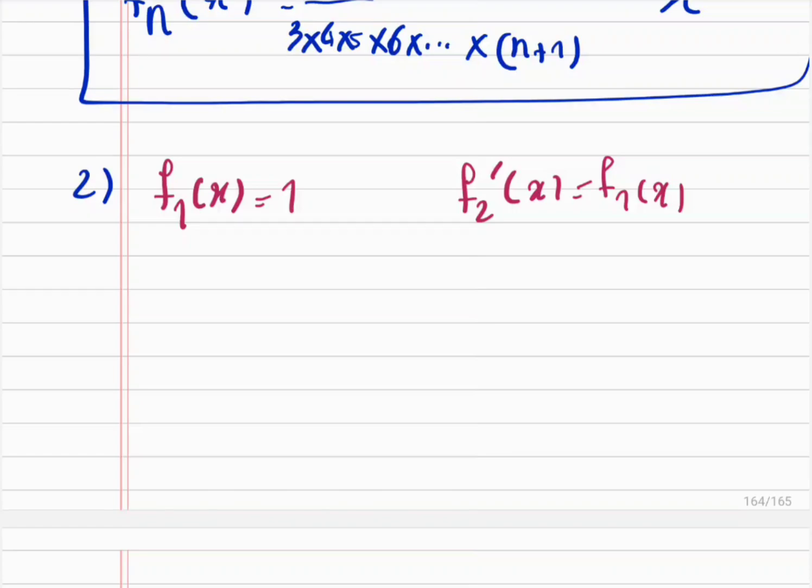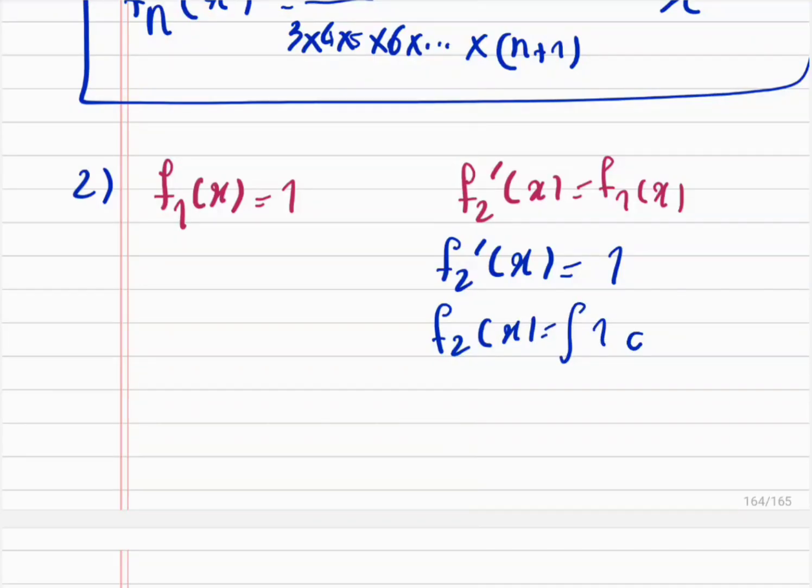We want to find f2(x). We can substitute 1 into this equation, so f2'(x) is equal to 1, and in order to find f2 we need to integrate 1. So f2(x) is equal to the integral of 1 with respect to x, and we simply get